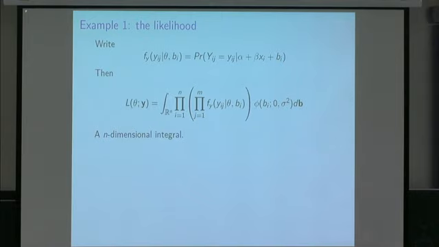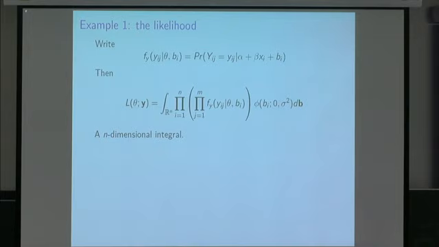Unfortunately, these b_i's aren't observed, they're latent, so what you could do instead is to find an integrated likelihood found by integrating over the distribution you supposed for the latent variables, which is just a product of normal(0, sigma squared) densities as you have there. So then you get this n-dimensional integral. It typically won't have a nice analytic form. And in general, n-dimensional integrals are not going to be particularly nice things to approximate, especially if you have a large number of latent variables, a large number of classes.